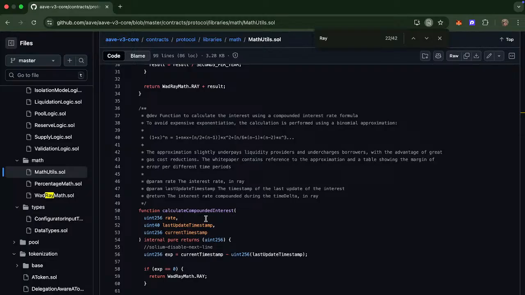The approximation slightly underpays liquidity providers and undercharges borrowers, with the advantage of great cost reduction. The white paper contains reference to the approximation and a table showing margin of error per different time period. Read the interest rate in Ray, last updated timestamp, the timestamp of the last update of